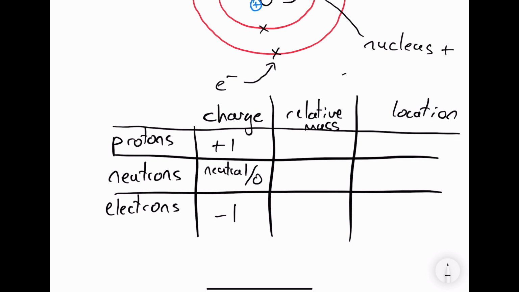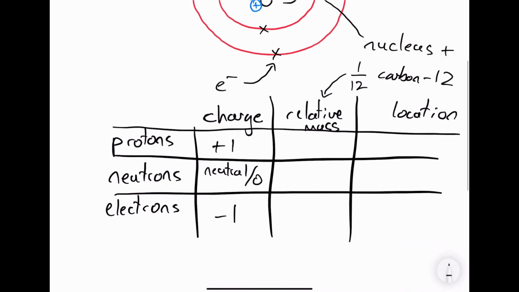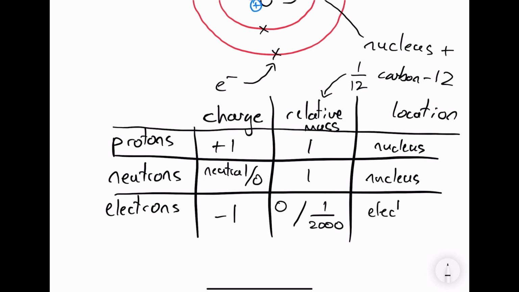Relative mass refers to the mass of the particle relative to 1/12 of carbon-12. So we're comparing it to 1/12 of a carbon-12 atom. Protons have a relative mass of 1, neutrons have a relative mass of 1, and electrons have a relative mass of 0, or you can write this as 1/2000. Protons are found in the nucleus of the atom. Neutrons are found in the nucleus, and electrons are found in the electron shells